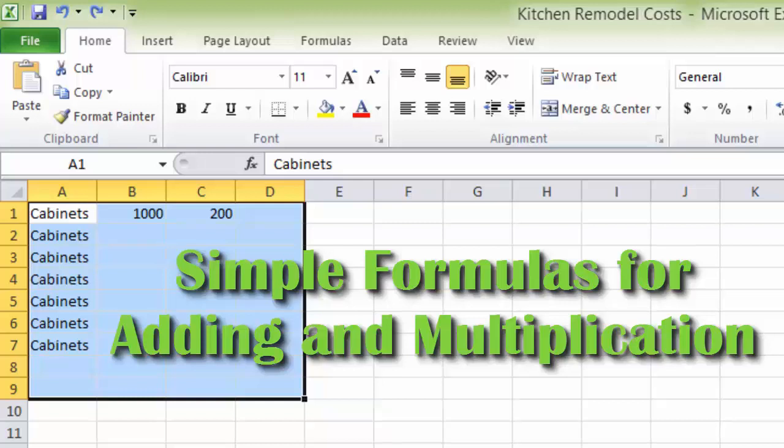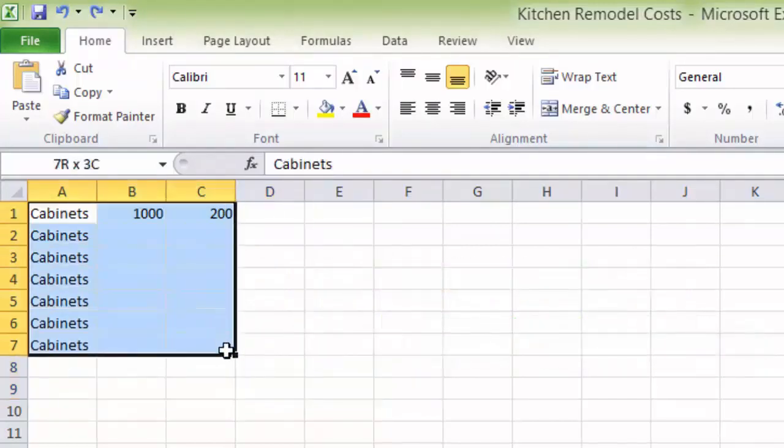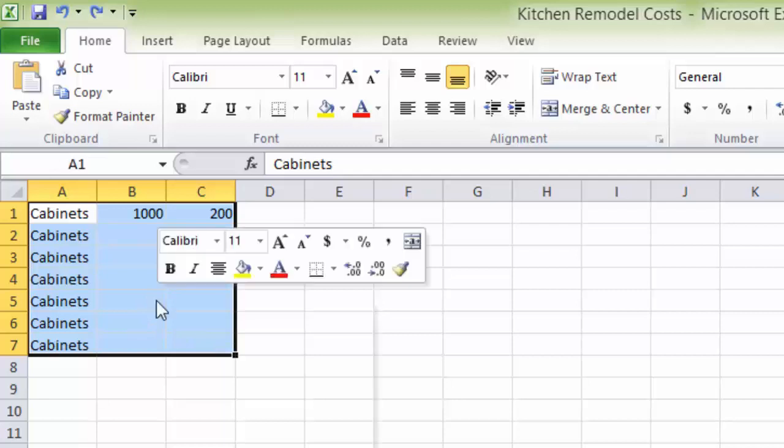So in this lecture I'm going to teach you how to do a couple of simple formulas that will help you to add or multiply a bunch of numbers. So let's go back up to where we've been working. So I'm going to go ahead and clear all of this information, and then we'll start with a simple list